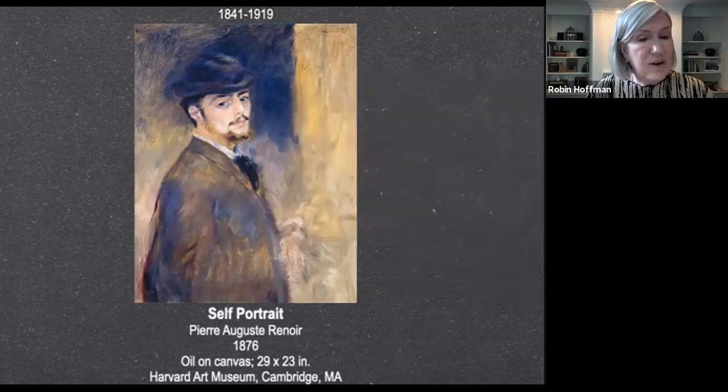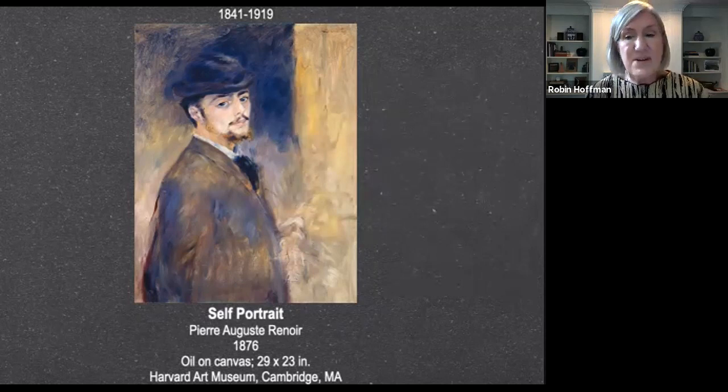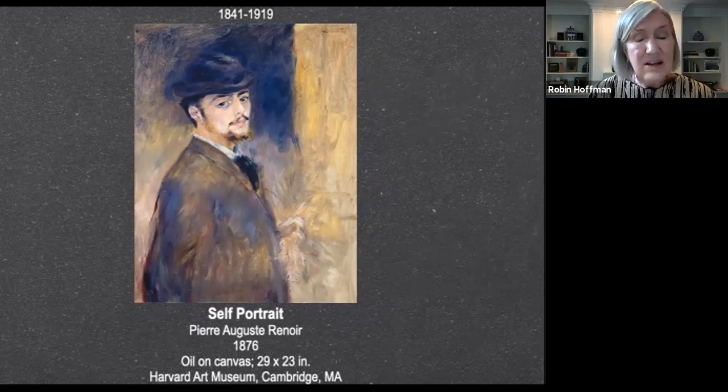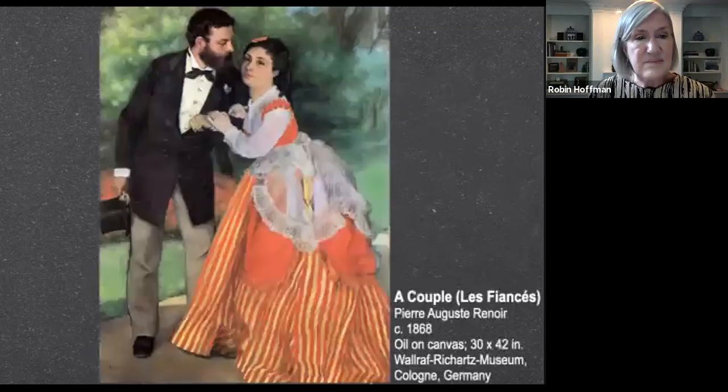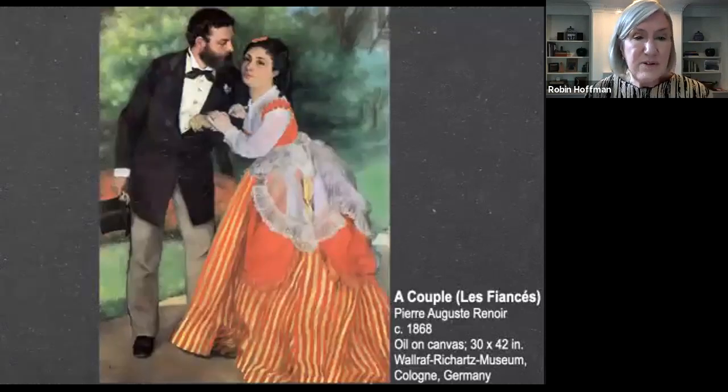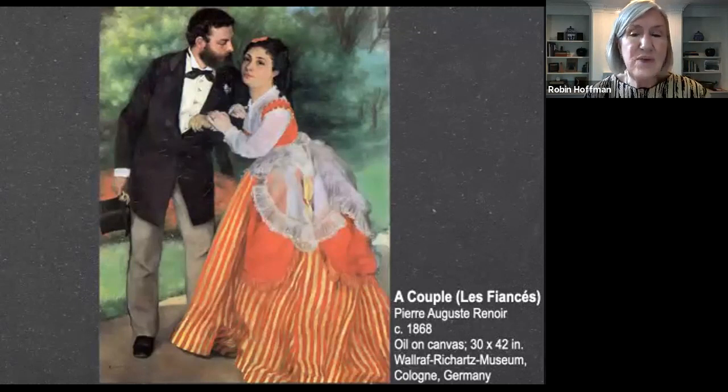When he was 21, Renoir began to take evening courses in drawing and anatomy at the École des Beaux-Arts, as well as painting lessons at the studio of Charles Gleyre, alongside Monet and other Impressionist artists. Painted 6 years before the first Impressionist exhibition, this painting provides insight into Renoir's developing Impressionist style.